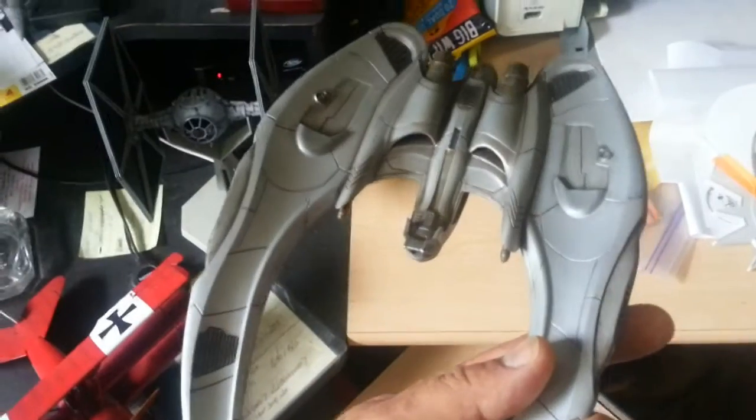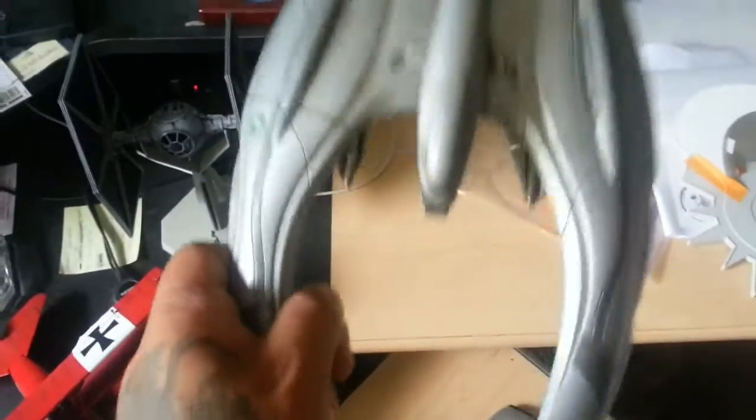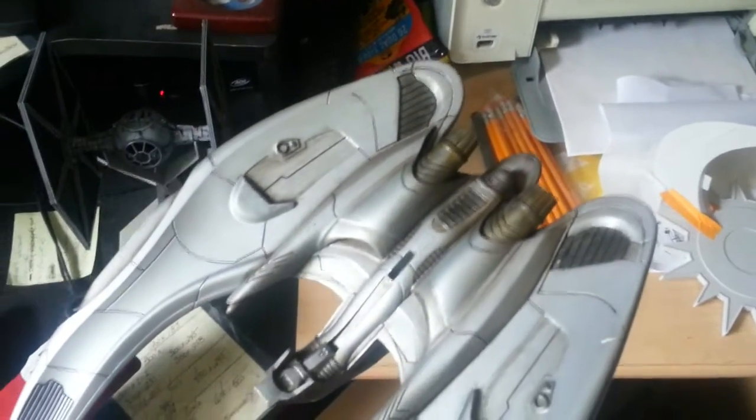Here we have the second model I built. All this has been built within the last 8 months, I would say. This one here, I didn't like the way it came out. The weathering, it's okay for my first attempt. It's not great, but